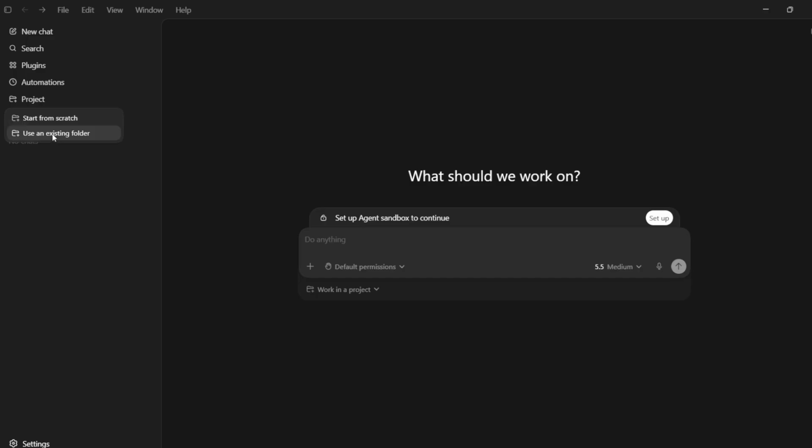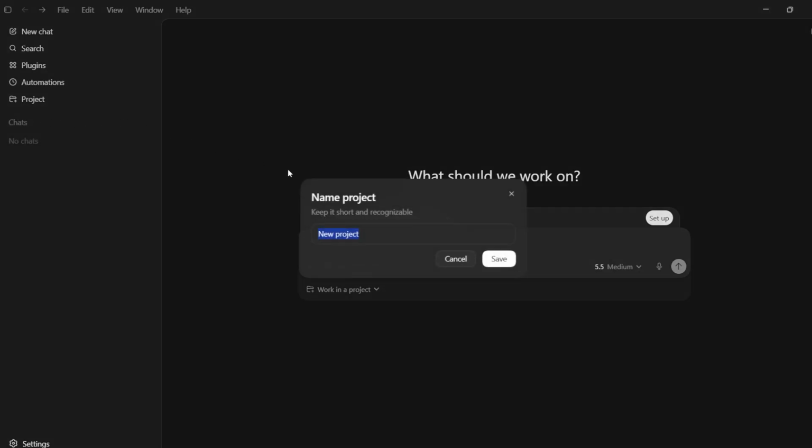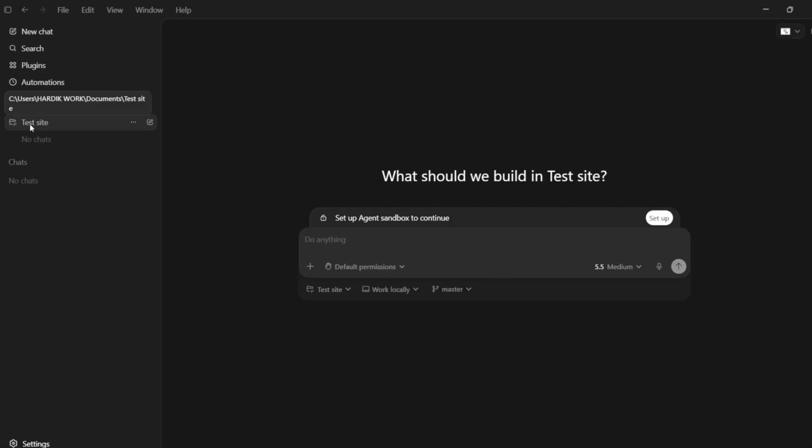So for example, if you have already created a project or folder and now you decide to integrate it with codex, you can use the second option. We'll be going with the first option as it will start from scratch. Now we will name our project, for example, test site. Now we're going to click on the save option, and you can see that our project test site has been